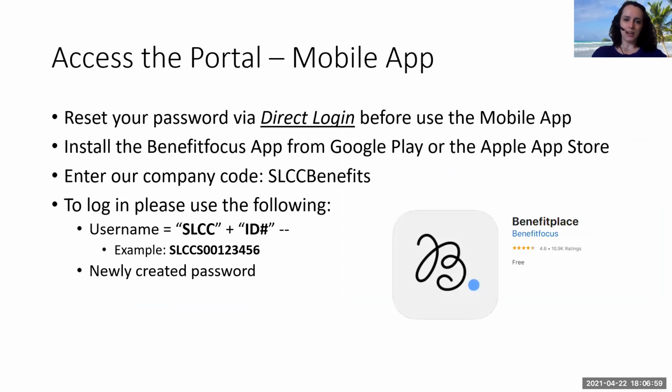Way number 3 is through the app. You can download the app through whatever store you use to download apps. It's free. This one actually requires you to change your account information, your password, through way number 2. You have to change your password from your social to a new password before it will let you log on through the app.